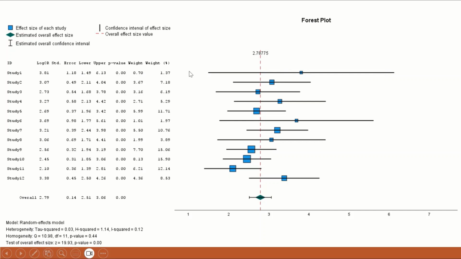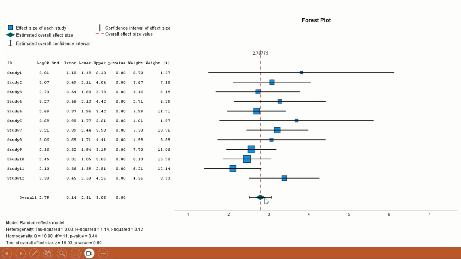The horizontal line is the 95% confidence interval, and the sizes of these squares vary depending on the weight percentage or the sample size. Larger sample sizes have larger squares. The red dashed line represents the line for the overall estimated effect size or the overall